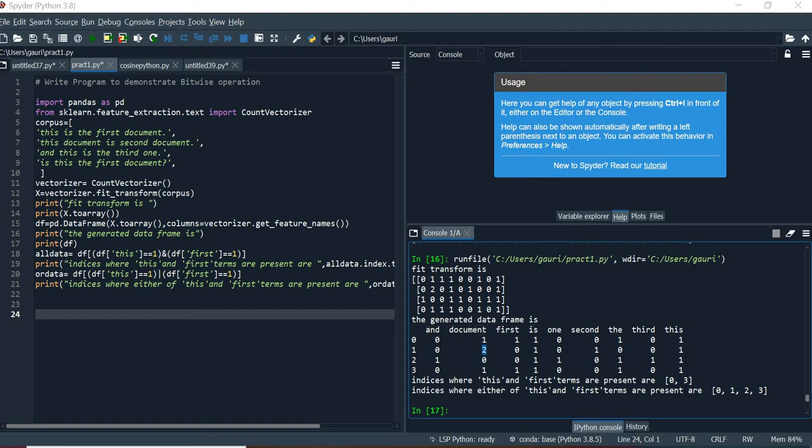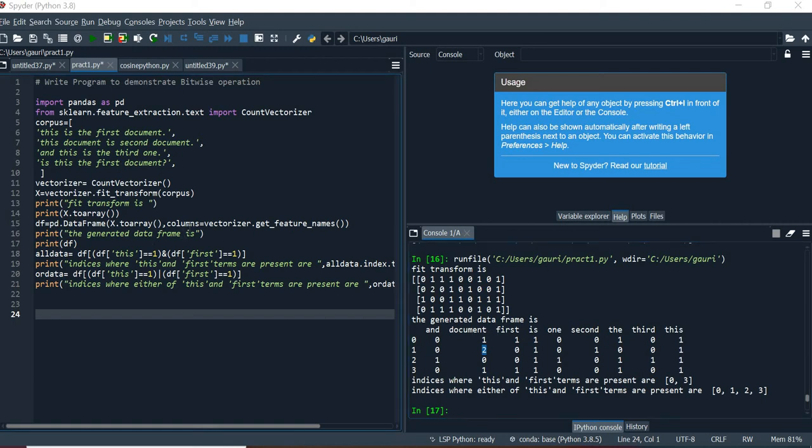So you have to arrange all the letters in an alphabetical manner. Just observe this first column, or the first row, and document first is one. All letters in an alphabetical manner. There is no need to write a repetitive word, because the document words are, suppose this is a first document word, there are two document words, so there is no need to write document 4 times or 3 times. You have to write it only one time. So avoid the repetitive words. You have to arrange in an alphabetical manner.